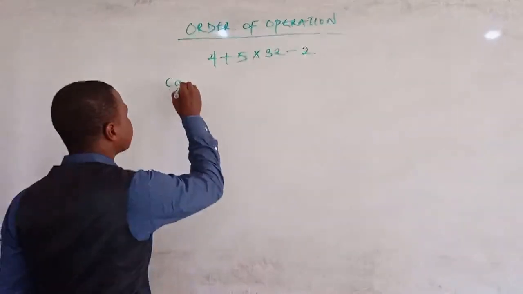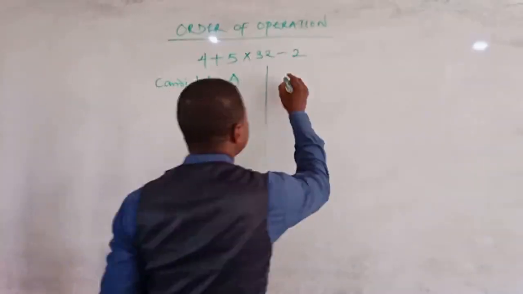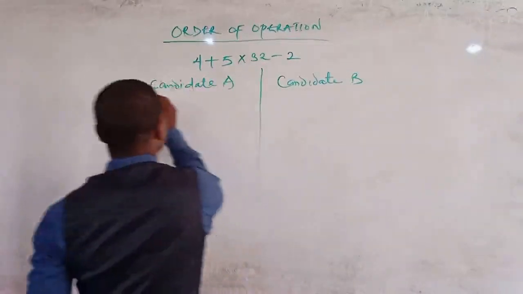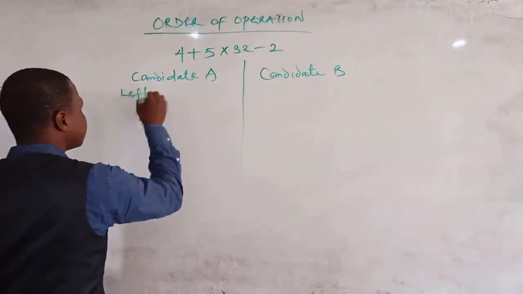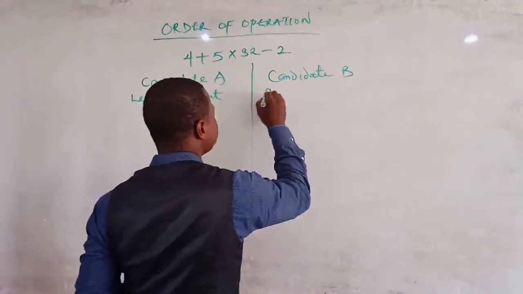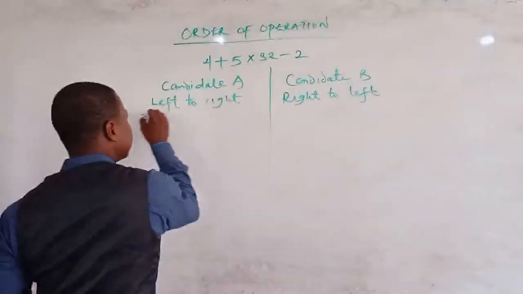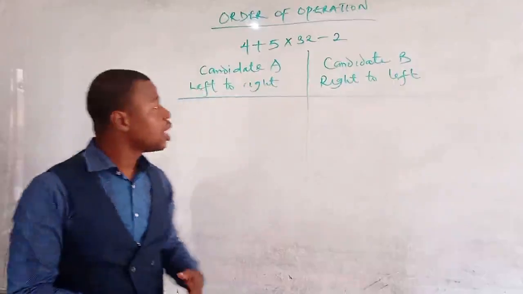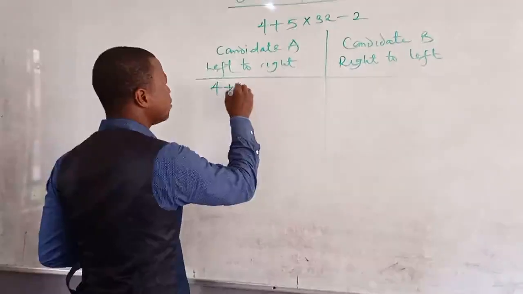Candidate A, and then candidate B. Candidate A decides to solve from left to right, then candidate B decides to solve from right to left. So this can also mean you and your friend. You are given this question, and you decided to solve this way: